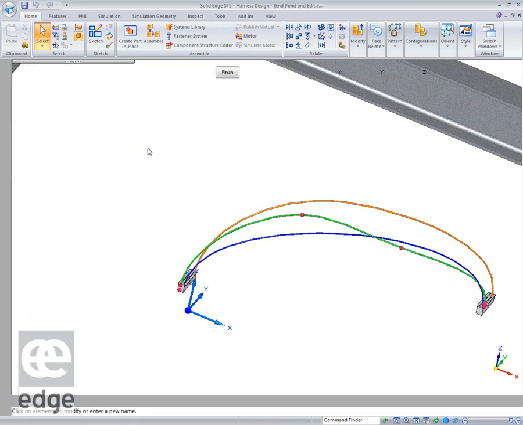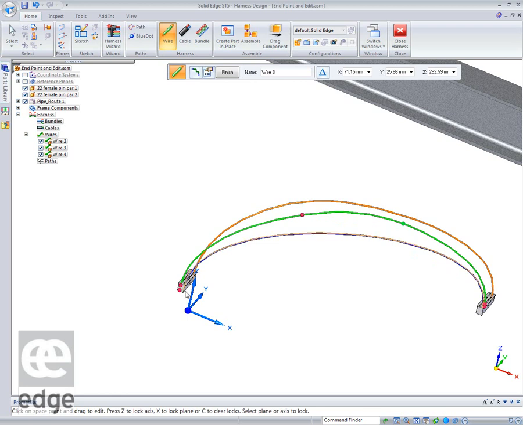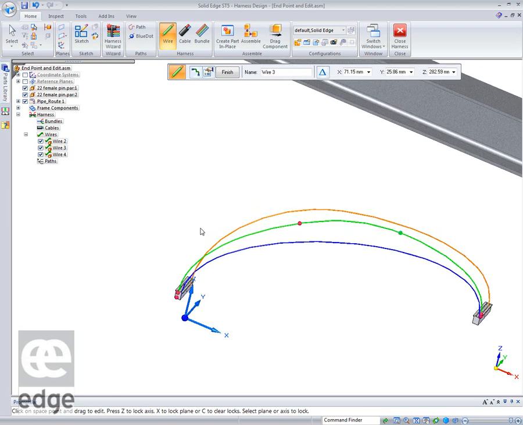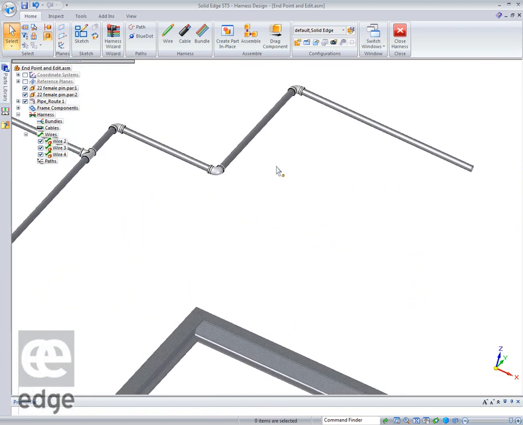I click on the edit, and you see the key points on that wire appear, and they're nice big round red balls. Very, very simple. So you can edit those quite easily. If we go into the pipe,